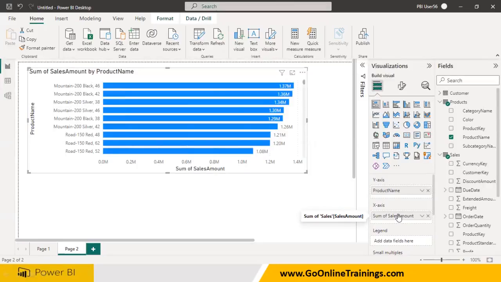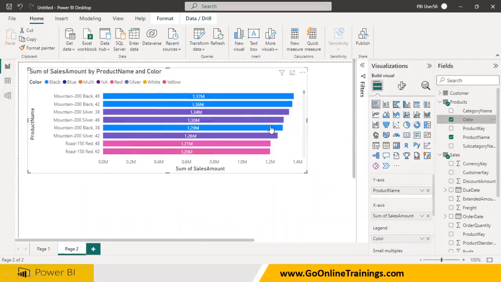Am I clear, guys? If you drag and drop one more item, it will give you